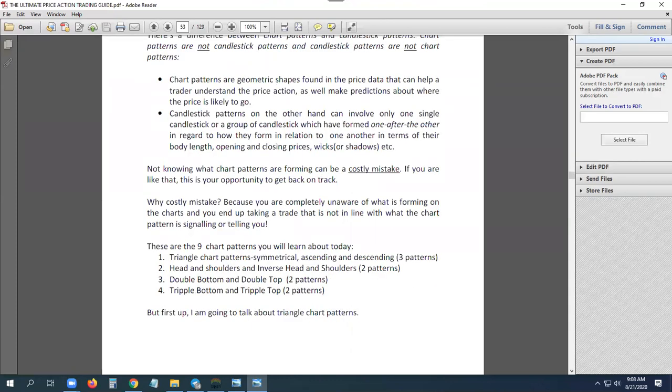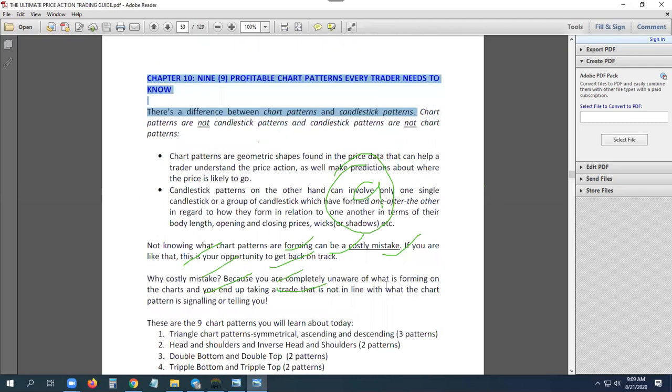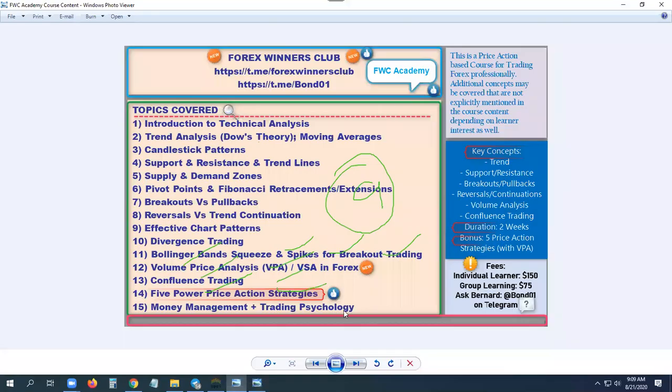I think if that is the case, we have handled symmetric triangle, ascending triangle, descending triangle, inverted head and shoulders, double top, double bottom, triple top. Those are 9 chart patterns that we have looked at today. And I think there are 9, yes. So that brings us to the end of that section called chart patterns.